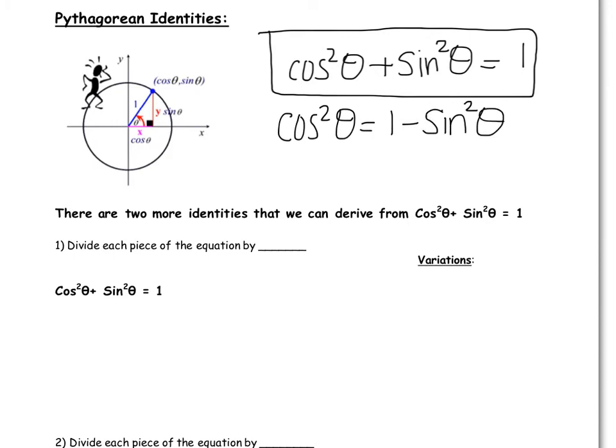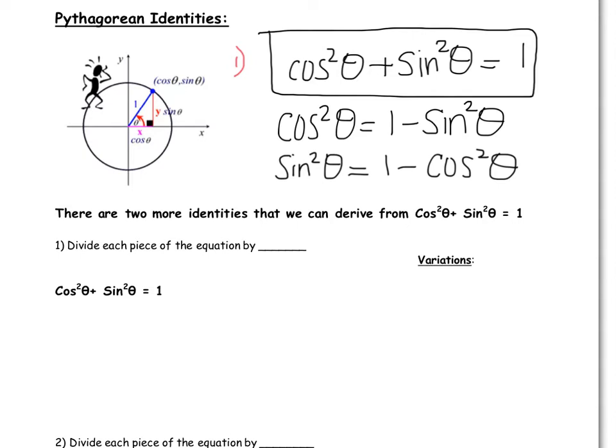And what if I wanted to solve for sine squared? I got to get rid of the cosine squared. How do I do that? Subtract cosine squared on both sides. So again, sine squared theta would be equal to 1 minus cosine squared of theta. So this guy right here is our first Pythagorean identity, and the ones below it are variations of that Pythagorean